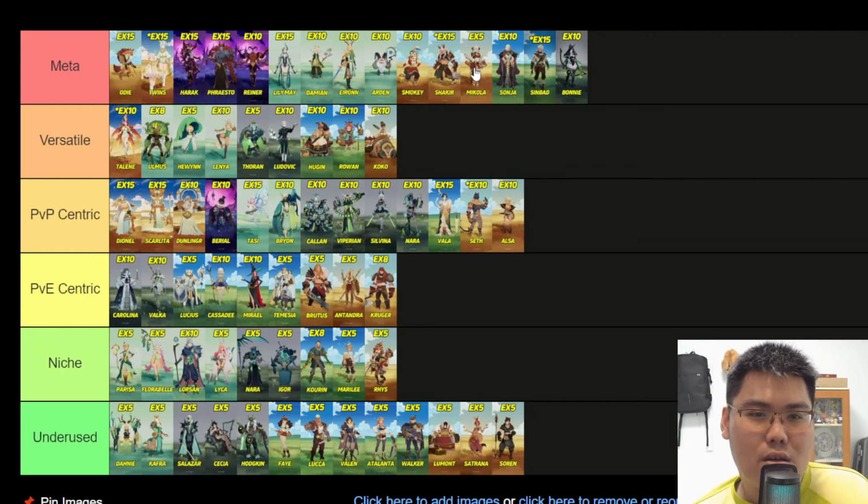So I think moving forward, we are already seeing this Shakir Mikola combo for the Guild Supremacy side, and I think moving forward, if this aura combo is still a thing, Shakir is going to be quite meta relevant, because for a lot of damage related contents, you'll probably be pairing Shakir together with Mikola for that maximum aura buff. But the thing is, right now we do have the twins,